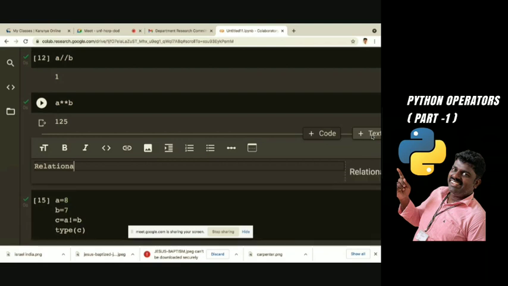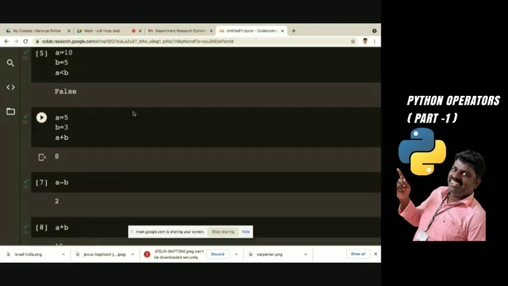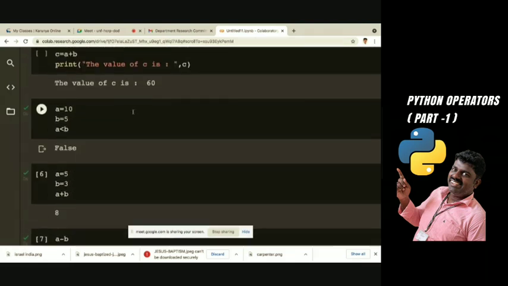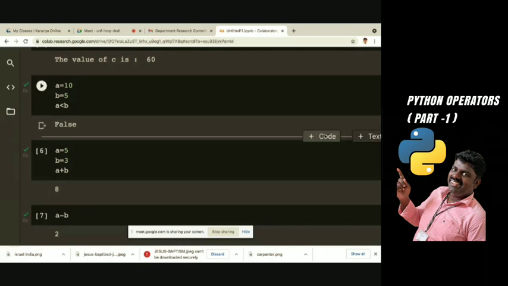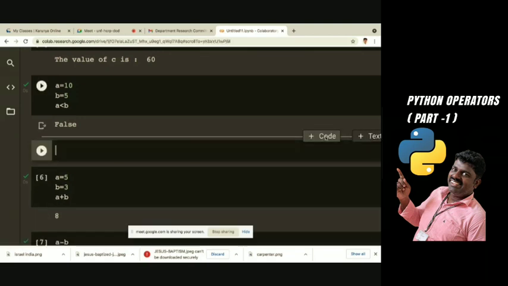If you are working in Colab, use a text box like this, it will be good. If you give side headings, it will be nice, and when you look at the whole thing, it will be very useful. Arithmetic operators.